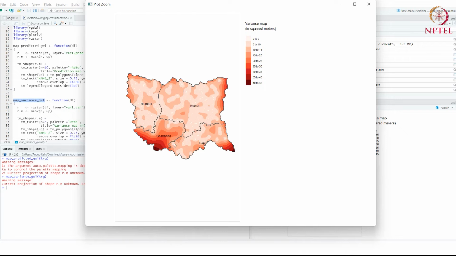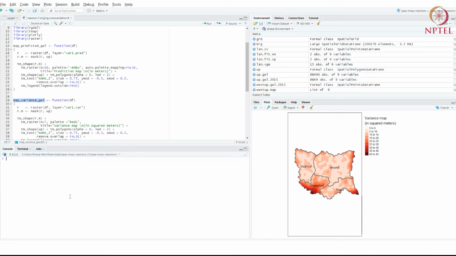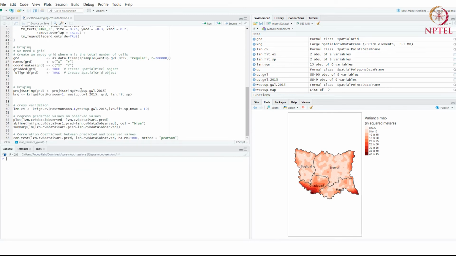You can see the darker reds mean higher variance, and I'll show you why exactly there is darker red along the edges and slightly lighter elsewhere. Basically what this is saying is that we can be more confident of our predictions where there are lighter red colors, a little less confident where there's more red, and really not confident at all where there's a deep red shade. So this is just a measure of how good our prediction is.